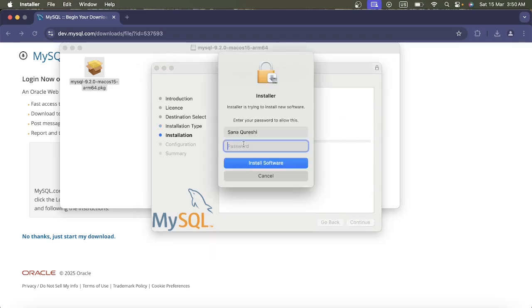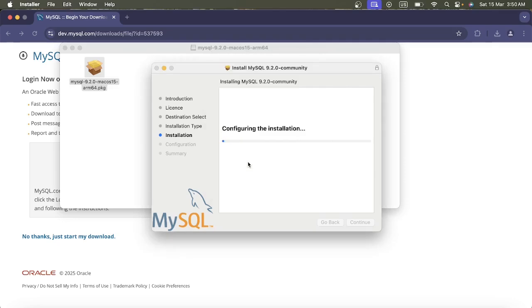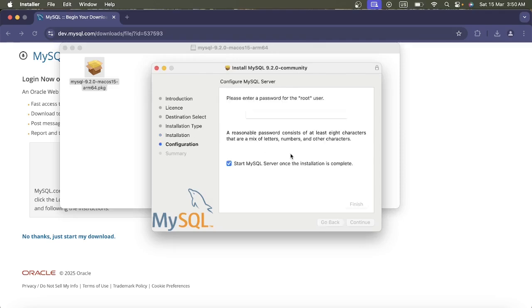And here I'm going to specify the password, the MacBook password here. Now install software. So it is installing this. Now I have to set the root user password here. This password I'm going to use in later stages. Okay, so I will set an 8-digit password, at least 8 characters. Okay, so let me just set admin